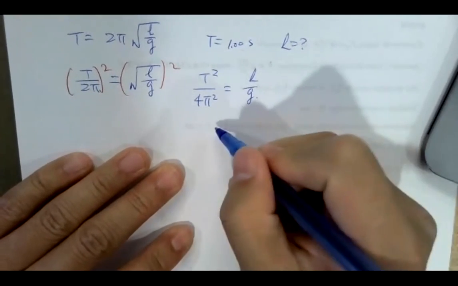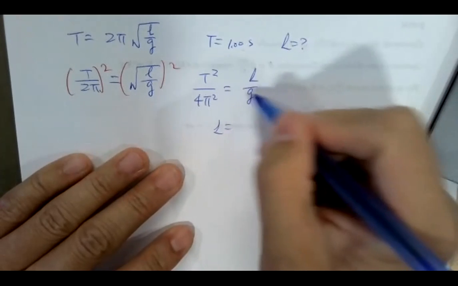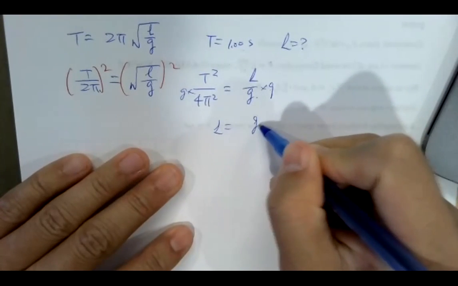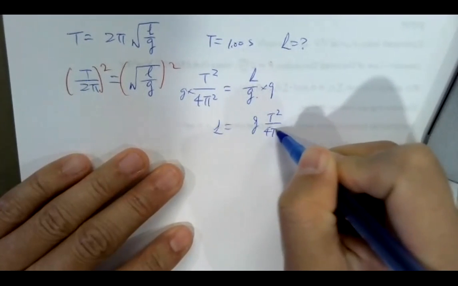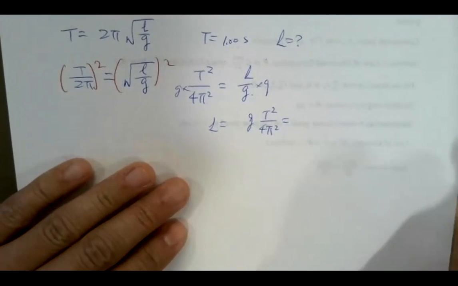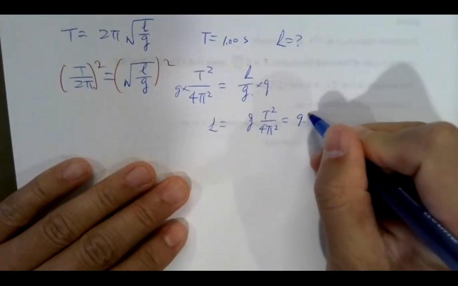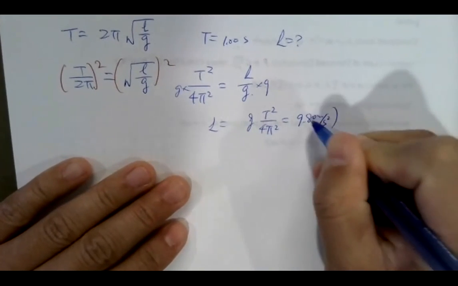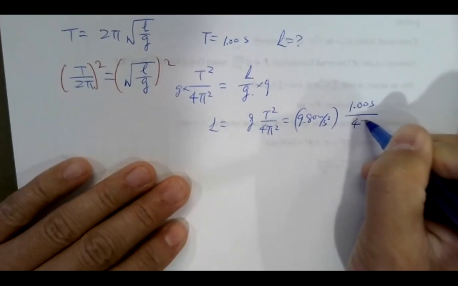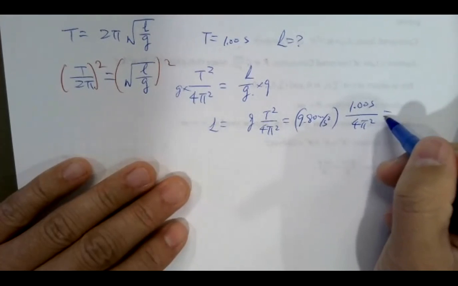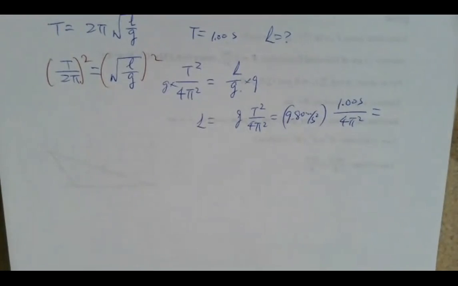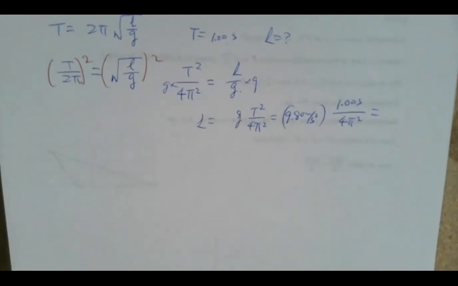Then L is equal to, you multiply both sides by g, L equals g times T squared over 4 pi squared. Then you can just plug in the numbers: 9.80 meters per second squared times T squared, 1.00 second squared, over 4 pi squared. That will give you the length